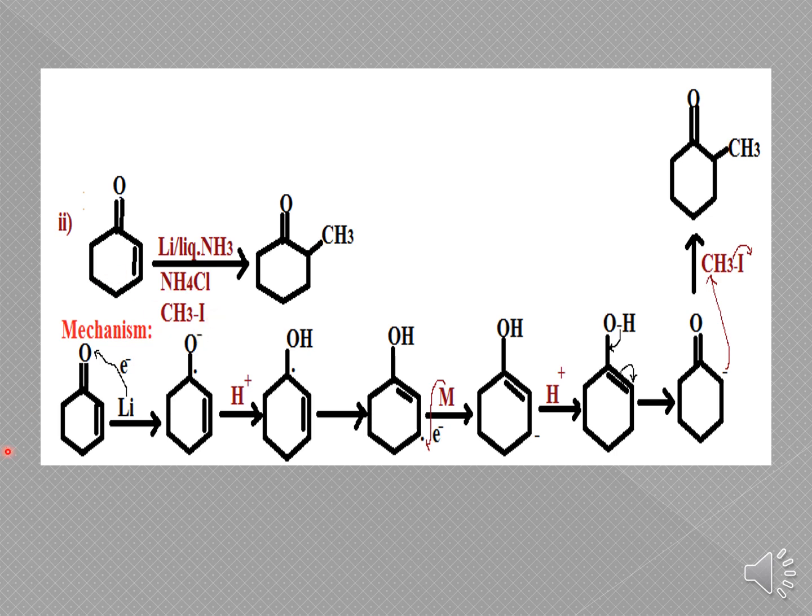Leading to the formation of this product. And then if you see the mechanism, we are taking the starting material, that is cyclohexenone, and if you are treating it with the metal, it will lose one of the electrons. Then you will gain one radical on the carbon atom, and on the oxygen it will first gain the radical. The O radical will combine with one electron to gain the negative charge.